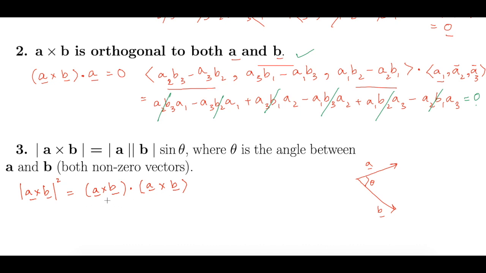Okay, so this is the property from the dot product here. So then this is equal to what? This is a long algebra here, so I just have to repeat this guy here. So (A2 B3 minus A3 B2), comma, (A3 B1 minus A1 B3), comma, (A1 B2 minus A2 B1)